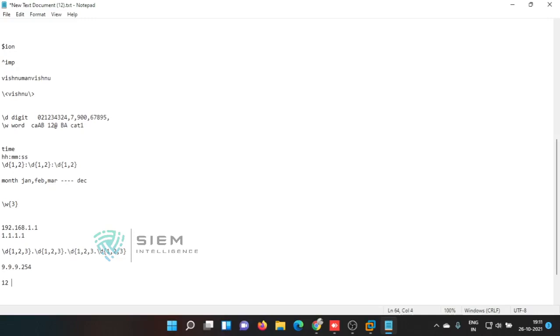Followed by, if you want to give a date, suppose in terms of digits something like 12 March 2021. Suppose your date is in this format, how can you type it? In this case you type \d, it's 1,2, and there is a space, for space you are giving \s. Again you are giving a word, now March is a word, it's a combination of three things, \w{3}, again space, then again you have to type digit. Now 2021, year is always in 4 letters, so you can give directly 4. Why?